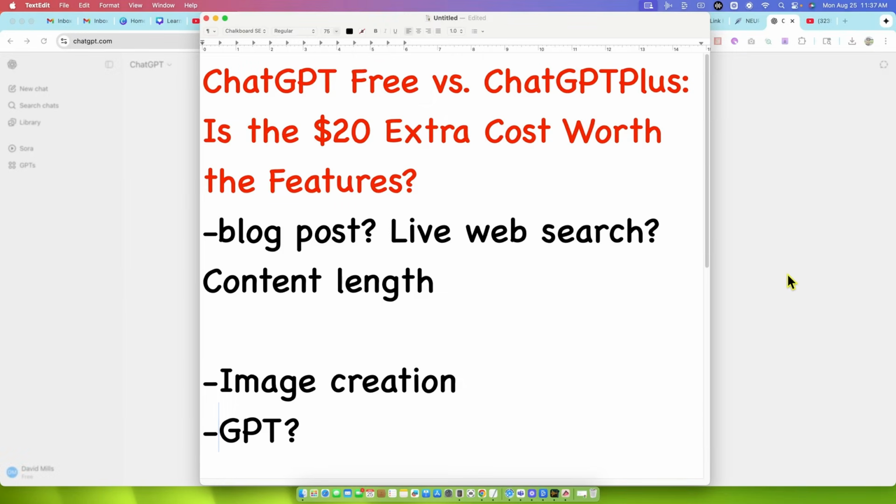All right, so in this video, we're going to be talking about ChatGPT free version versus ChatGPT Plus. Is the $20 extra cost worth the features? I won't be able to go over everything. This will end up being a one or two hour long video. I'm just going to go over the basic content creation uses that most people use the tools for, which is